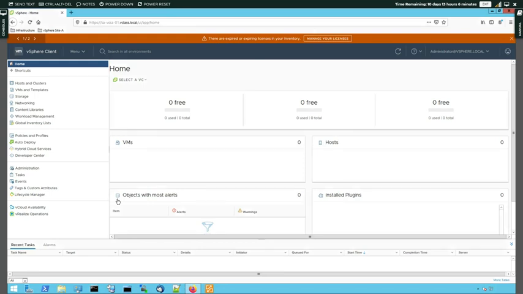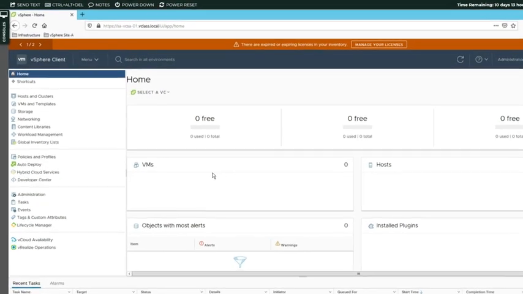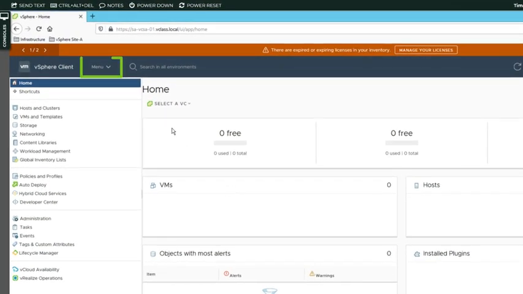Compute 01 cluster that is part of the SA data center. We will look at the ESXi hosts, the disk groups, the VM kernel port that is used for the vSAN storage, and the vSAN data store. So first thing we will do is to verify that vSAN is actually enabled on our cluster. To do that, I go to Menu,